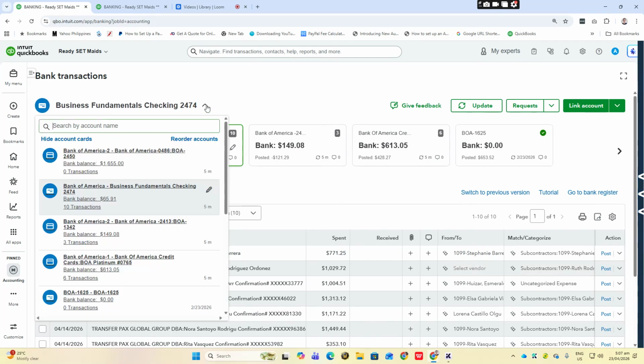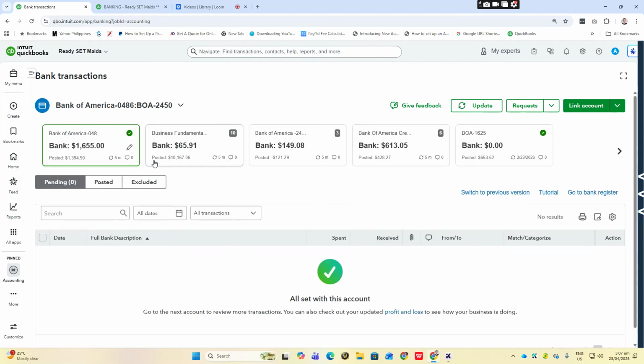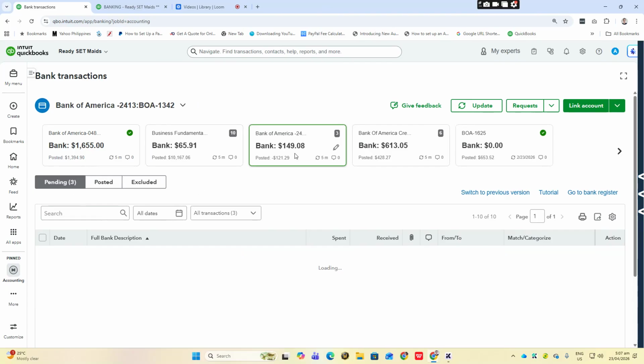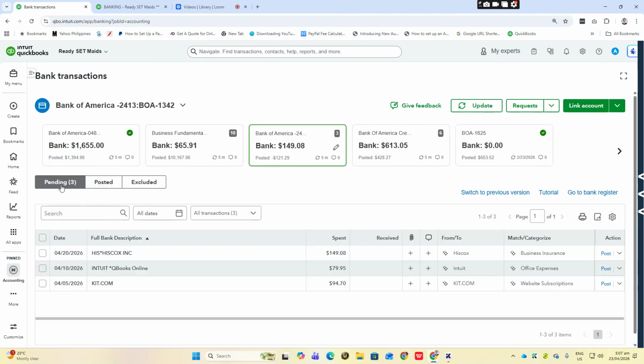So as you can see here, you have 0 transactions, meaning you have no pending transactions. This one, you still have 10 pending transactions. This one, you still have 3 pending transactions, meaning you still have 3 transactions to be posted inside QuickBooks.